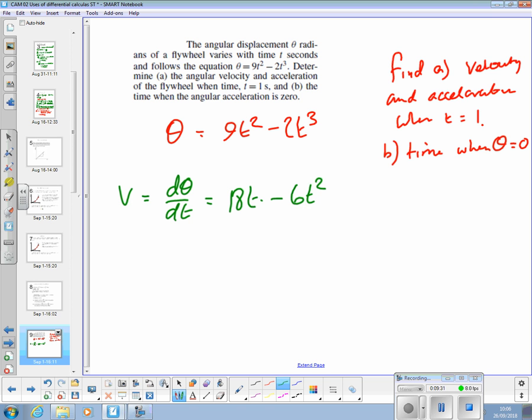Yeah. And we're doing A at the moment. When t is equal to 1, v is equal to 18 minus 1 squared is 1, so 18 minus 6 equals 12, angular velocity. So that's radians